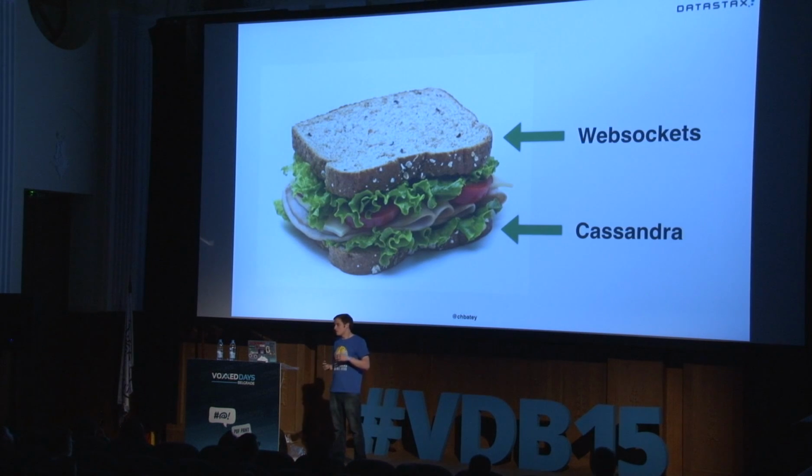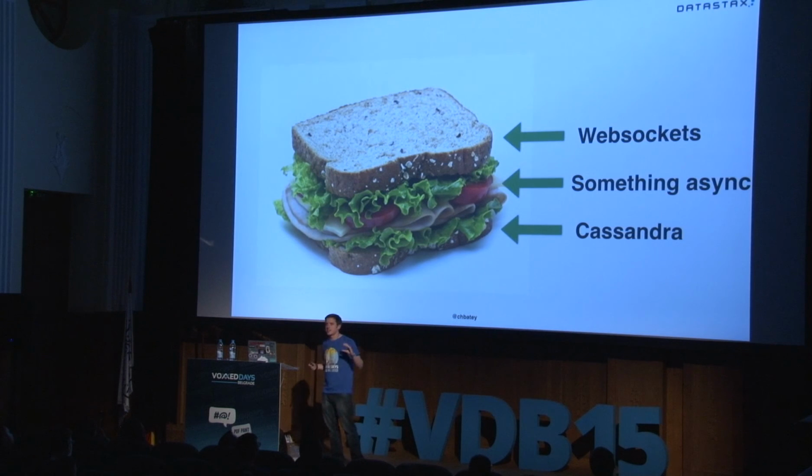And I want to talk about the importance of making sure that that middle slice is asynchronous. There is no point doing asynchronous programming if you stop halfway through and then block a thread, because that thing will then require a thread pool of 40,000 threads. There's also no point using, unless you just prefer the programming model, asynchronous access to an inherently synchronous technology. And I'll talk about that in the future, because Cassandra did used to be a more synchronous technology.